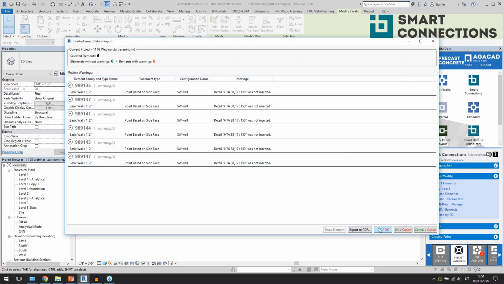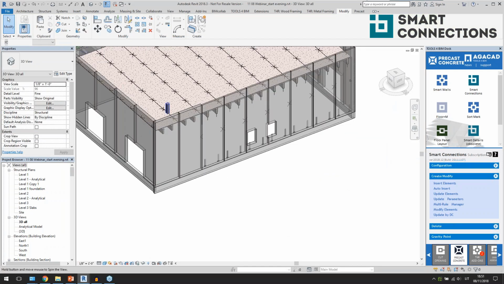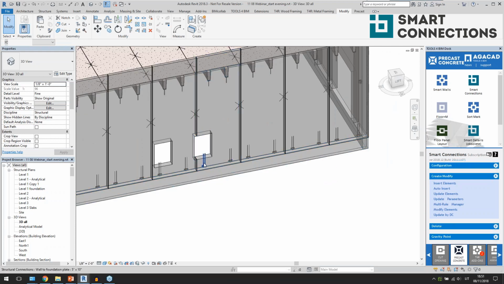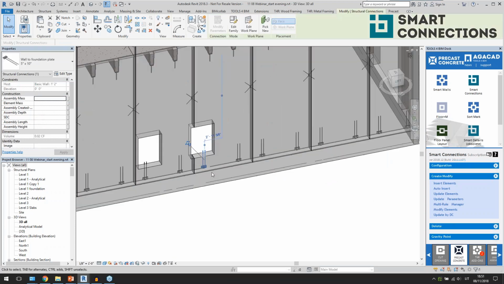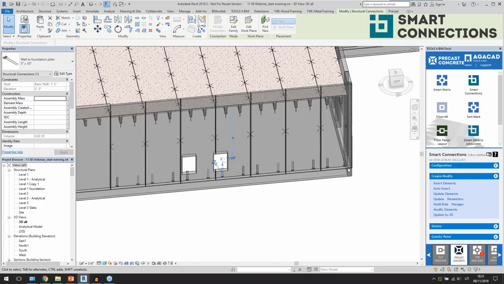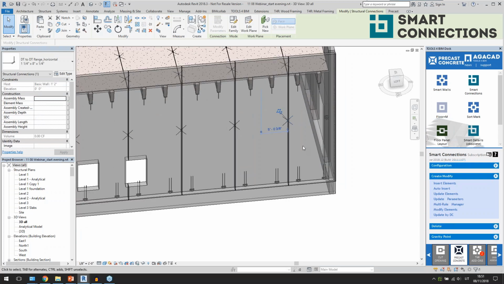So again, I have the same kind of messages, and this was inserted like this. Basically, I have some rules also that do not insert in this kind of position, but let's keep going. You see, I have used the same configuration for this wall and for this wall,